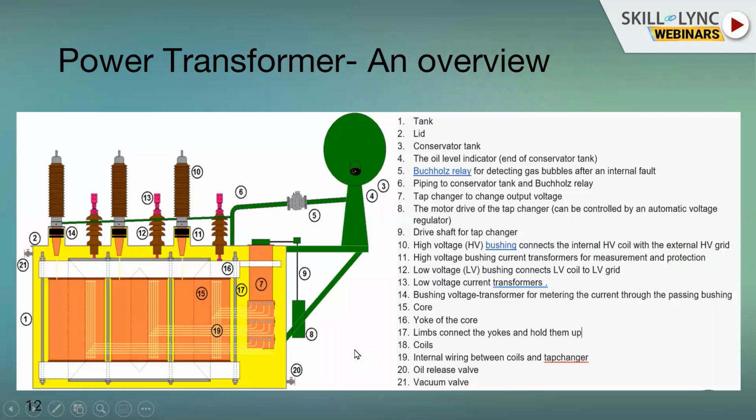Here is a nice picture of a transformer. So I'll just run through this list. We have the tank, which is a big tank wherein it is oil filled. You need to keep the insulation level so that there is no flashover across two turns of the same winding, or between the primary and the secondary, or between the winding and the tank. So this is the most important insulating medium. Cast resin and other kinds of insulating material are also used, but in a major power transformer, this is the norm.